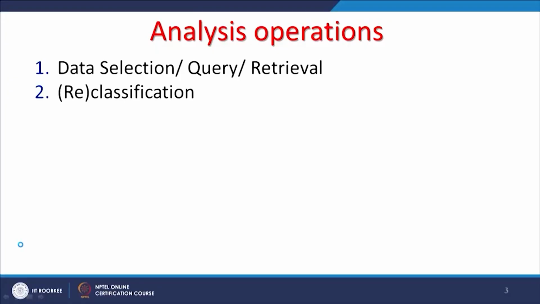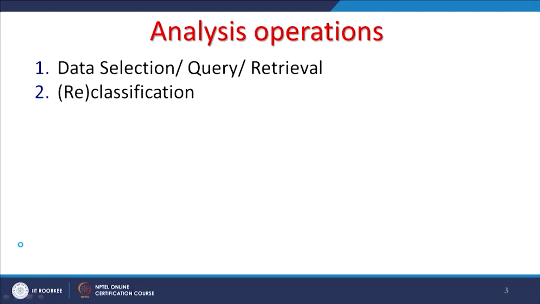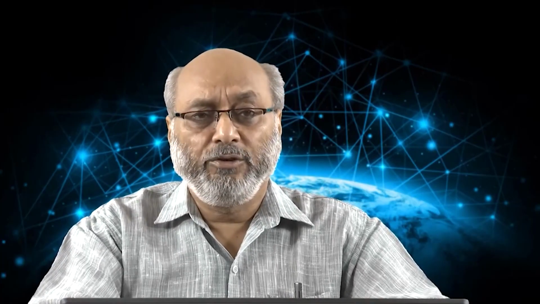For example, another operation is data selection, query, and retrieval. These are also very simple analytical operations. In some of the demonstrations you have seen how a GIS database can be queried, putting in a very simple syntax or a more nested syntax, and retrieving the information from our GIS database. That we put under the category of data selection, query, retrieval. Reclassification, as I just mentioned, from continuous data to discrete data, is sometimes required, so we perform that also.